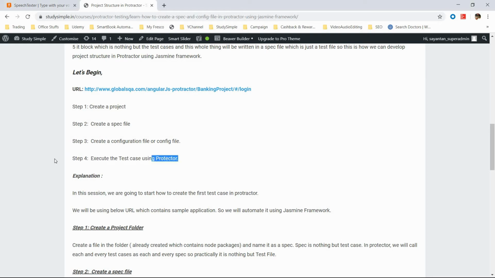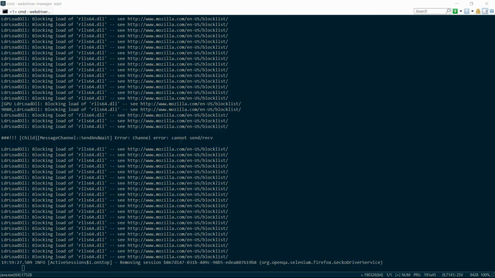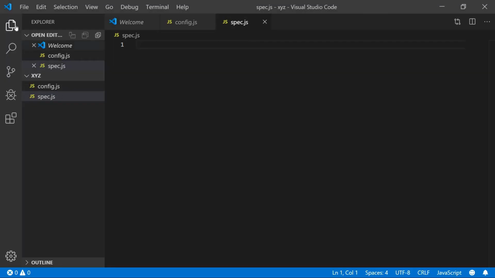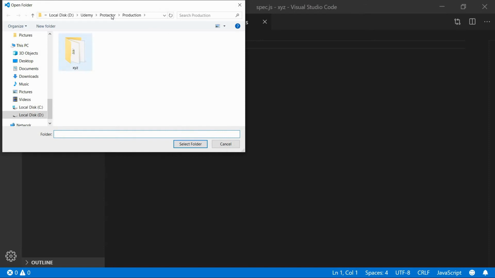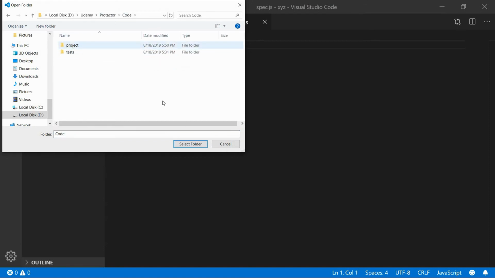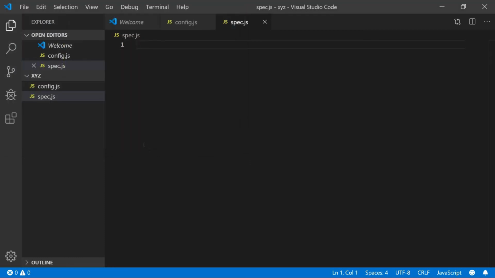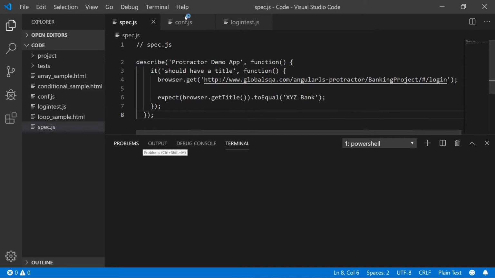Now to execute the test case, I will go to my previous folder that I have. Switching the folder is very easy. Just go to open folder and say code projects. I think the folder is code, yes, select folder. So it will switch back to the folder that I have created, where I am doing all these codings.